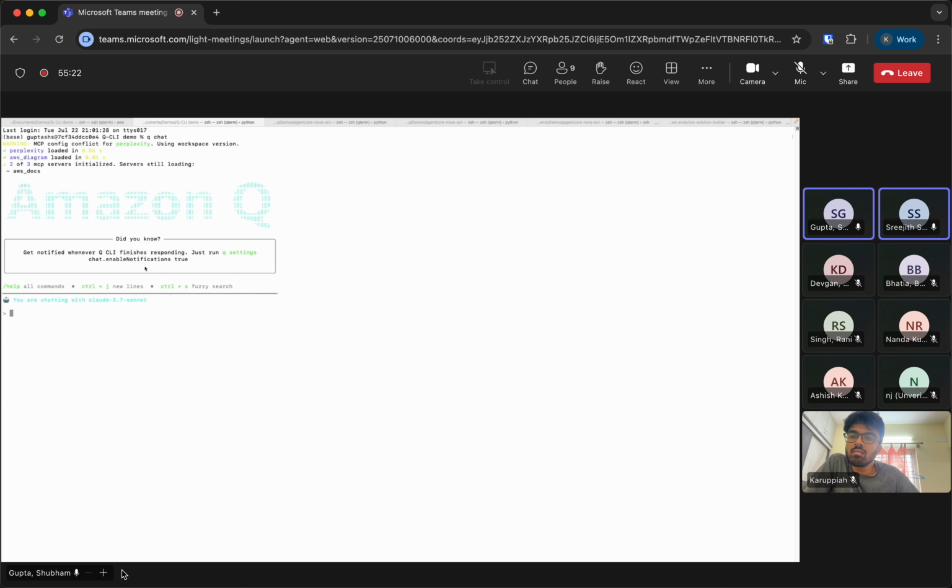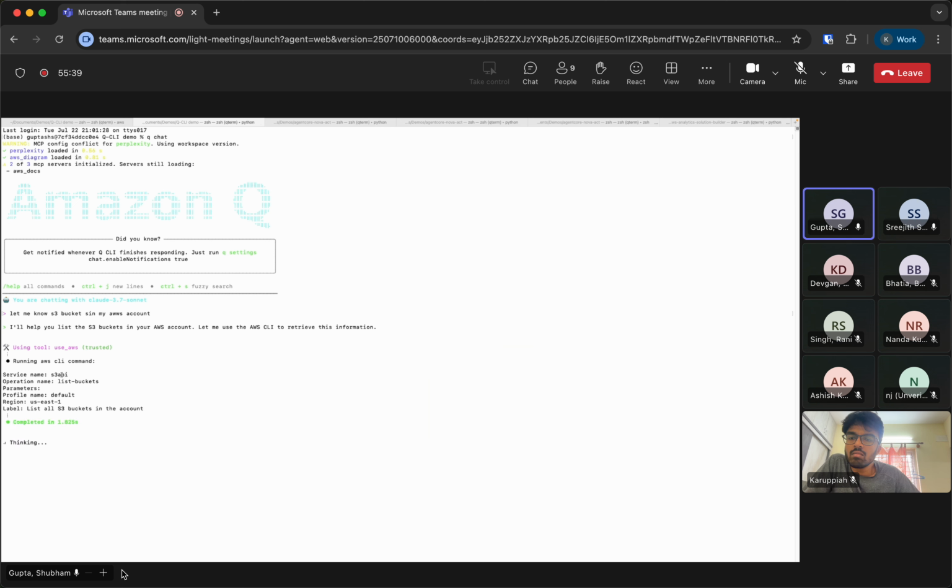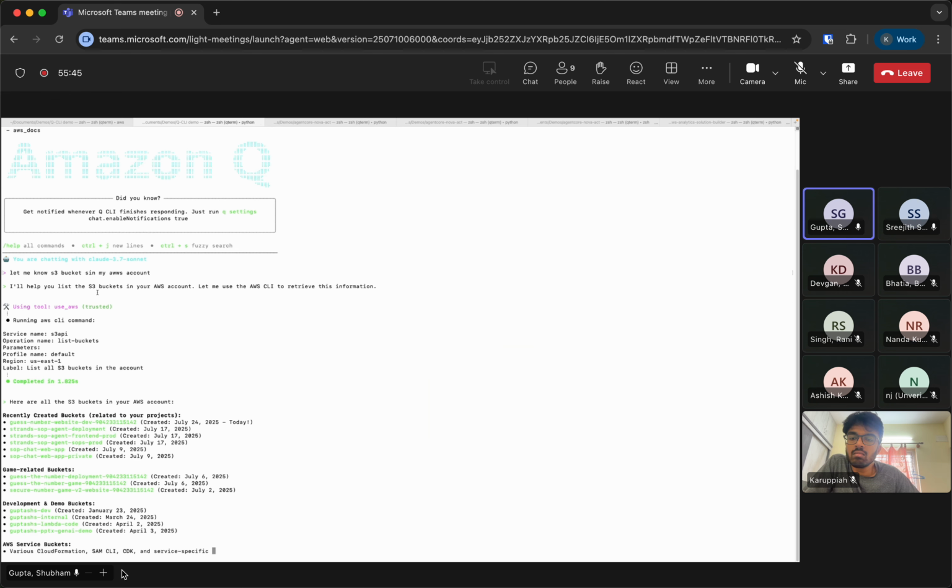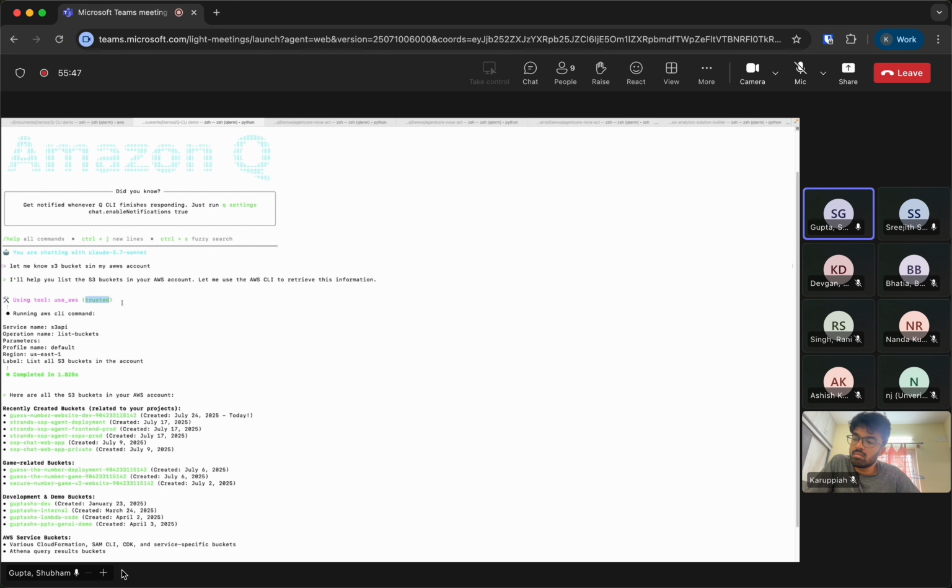So whatever, let me know S3 buckets in the AWS account. Whatever action it will try to invoke, it will ask me for a permission. Okay, so this is also trusted. I've already trusted it, so it will list it. But basically, you can control what actions you want it to trust. So you can actually do that.